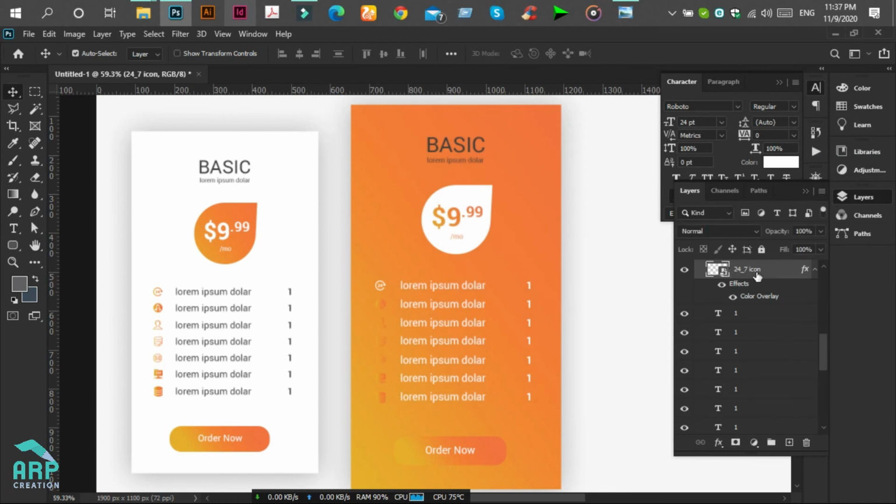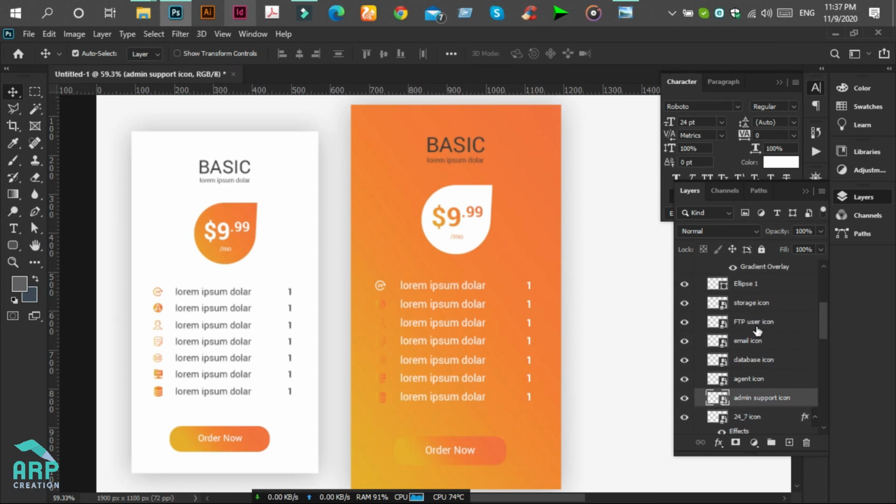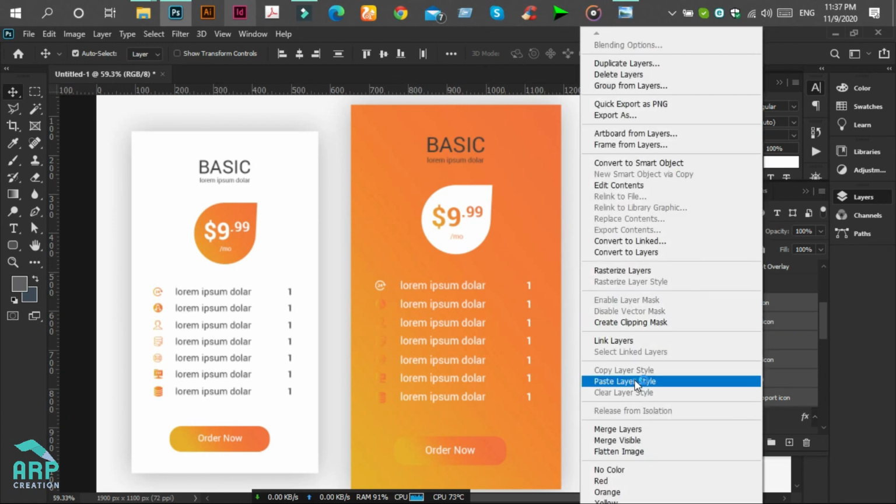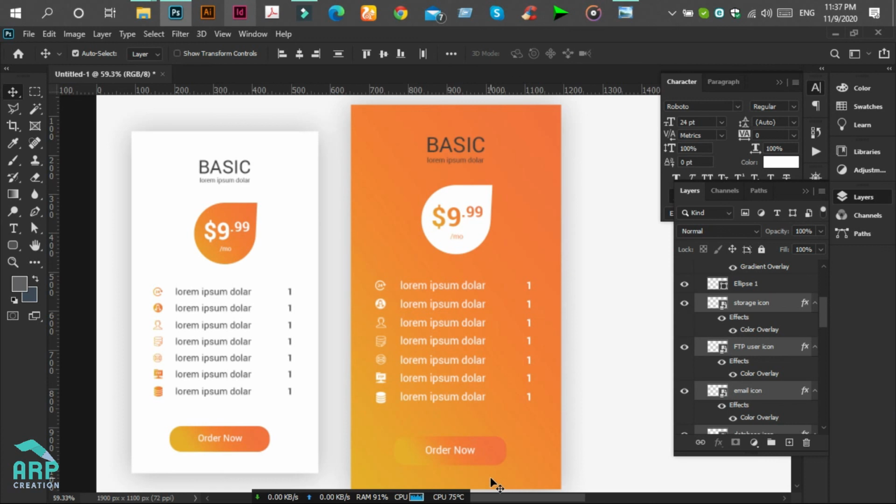Copy the layer style and select all of these icons by pressing Shift on the keyboard, then click the mouse right button, then paste layer style. Okay, now we will